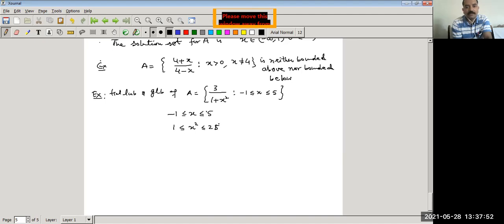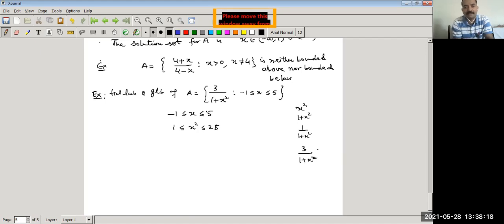So according to this, we have to first find... हमें स्टेप फॉलो करने पड़ेंगे. सेट A दिया हुआ 3/(1 + x²), तो सबसे पहले हम x² फाइंड करेंगे, फिर उसके बाद 1 + x², फिर अगला स्टेप 1 रेसिप्रोकल करेंगे इसका, 1/(1 + x²), उसके बाद 3 से मल्टीप्लाई किया, तो देन वी गेट अ कंप्लीट सेट A. सो अकॉर्डिंग टू दिस वी हैव टू फाइंड.